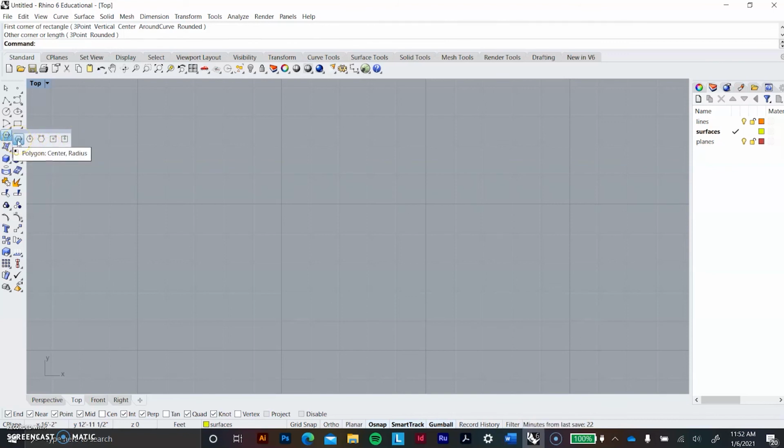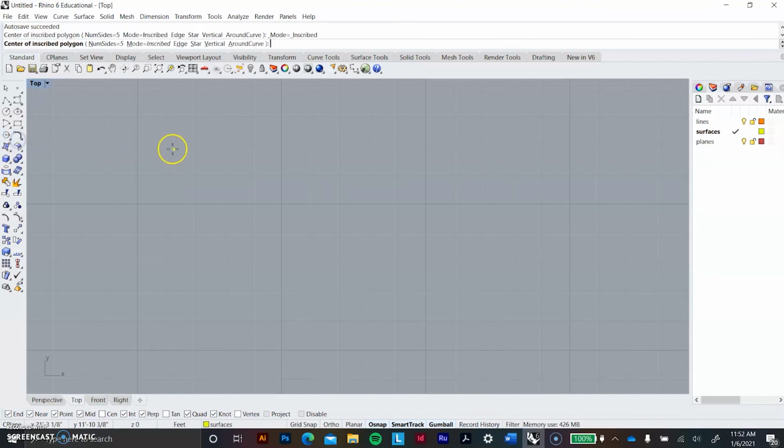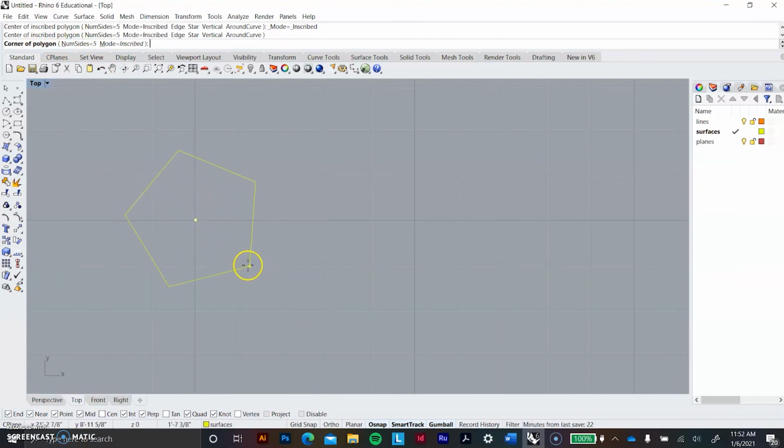Let's do a polygon center, just selecting the center of the polygon. Just notice that it says center of inscribed polygon. And then right here we're going to select anywhere, and as you can see, there you have your polygon